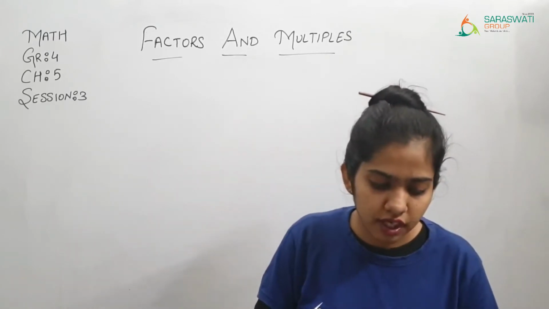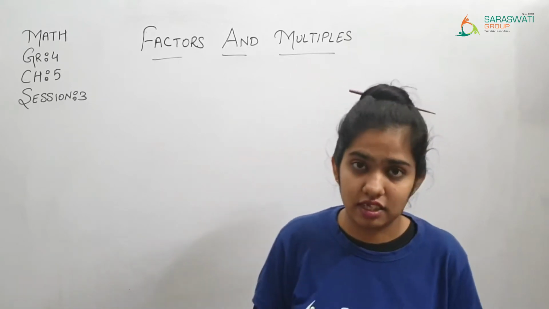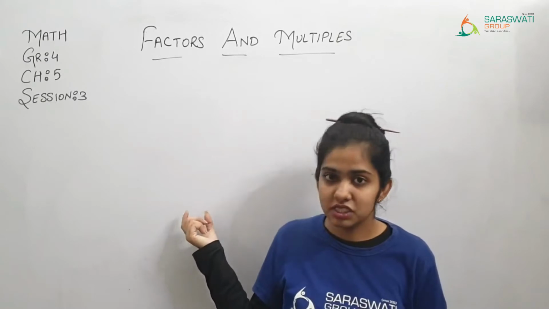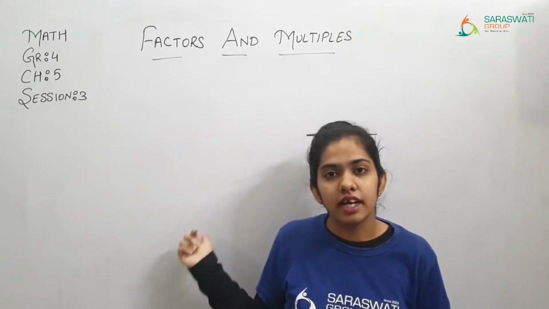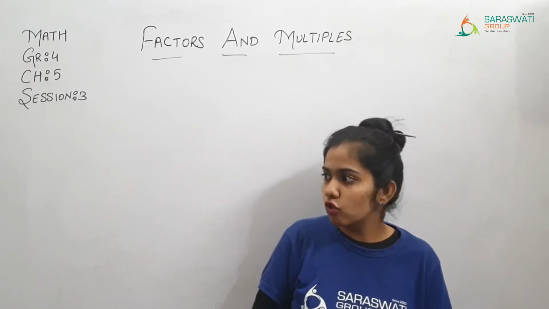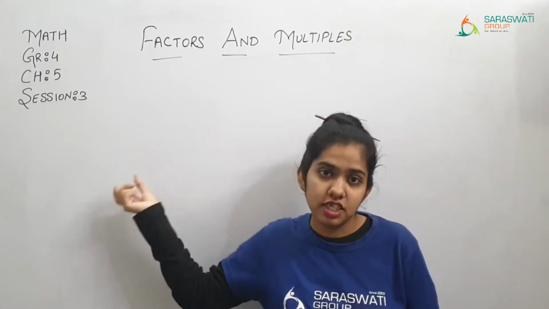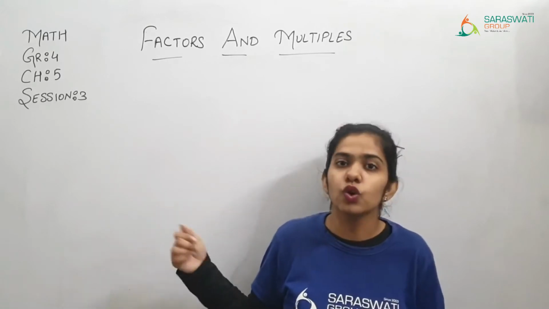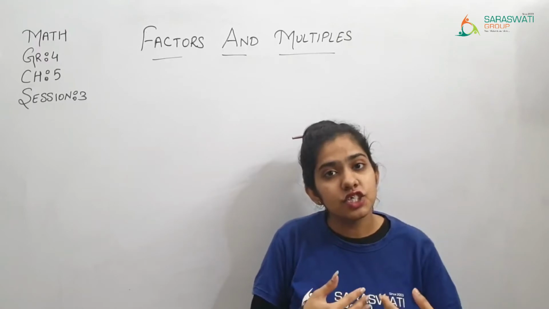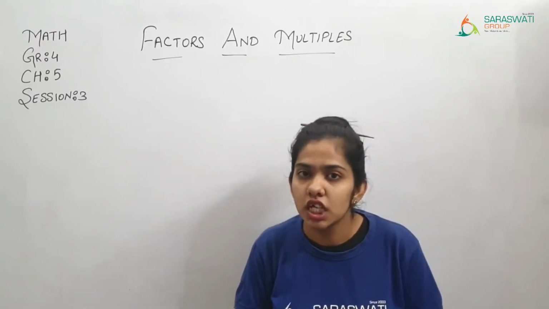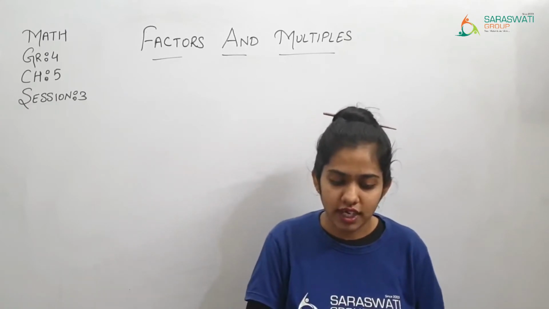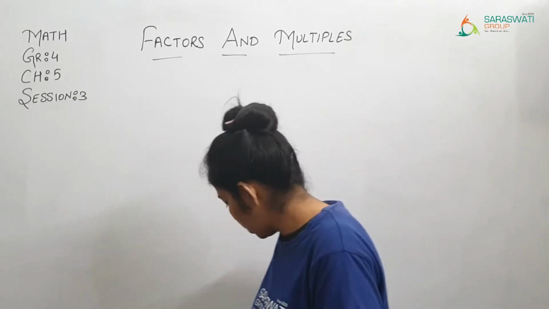Then afterward a number cannot have a multiple which is less than that number. કે કોઈ બી નંબર if આપણે 12 ના મલ્ટીપલ્સ ફાઇન્ડ કરીએ છીએ તો 12 થી નાના નંબર્સ હોય એ 12 ના મલ્ટીપલ્સ આવે નહીં. if હું કહું 6 ના મલ્ટીપલ્સ ફાઇન્ડ કરો તો 6 થી જે નાનો નંબર છે 3, 2, તો એ 6 ના મલ્ટીપલમાં આવે નહીં, because 6 થી લેસ ધેન જે નંબર હોય છે એ એમાં આવે નહીં. So these are the things which you need to keep in your mind. Now let us see question number 1.